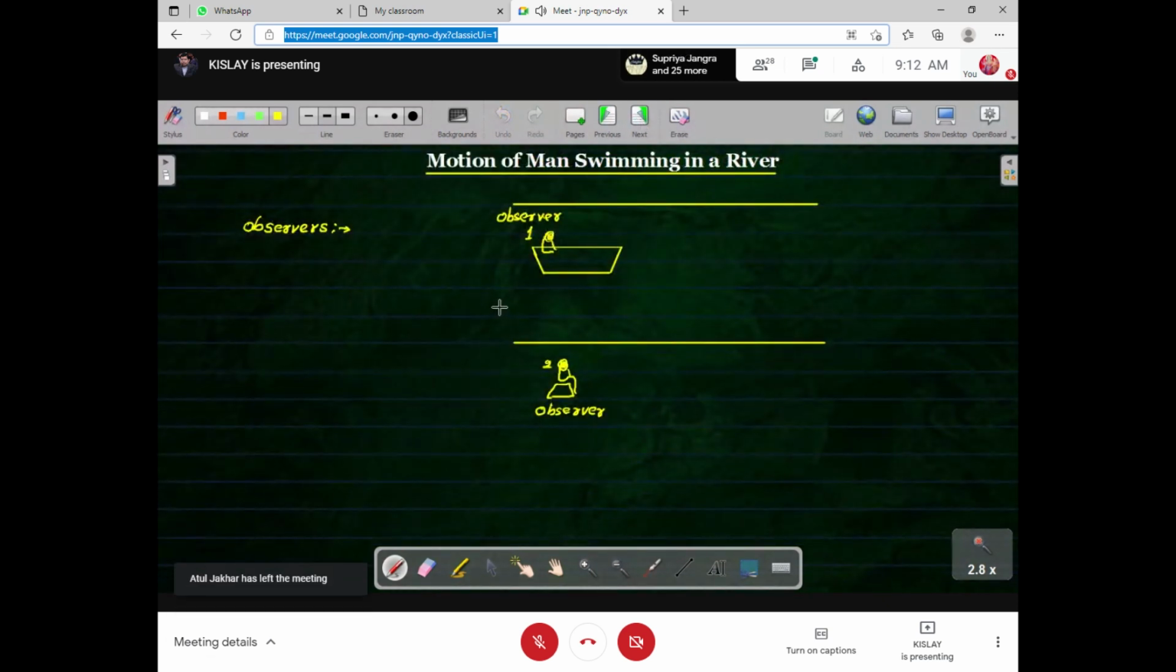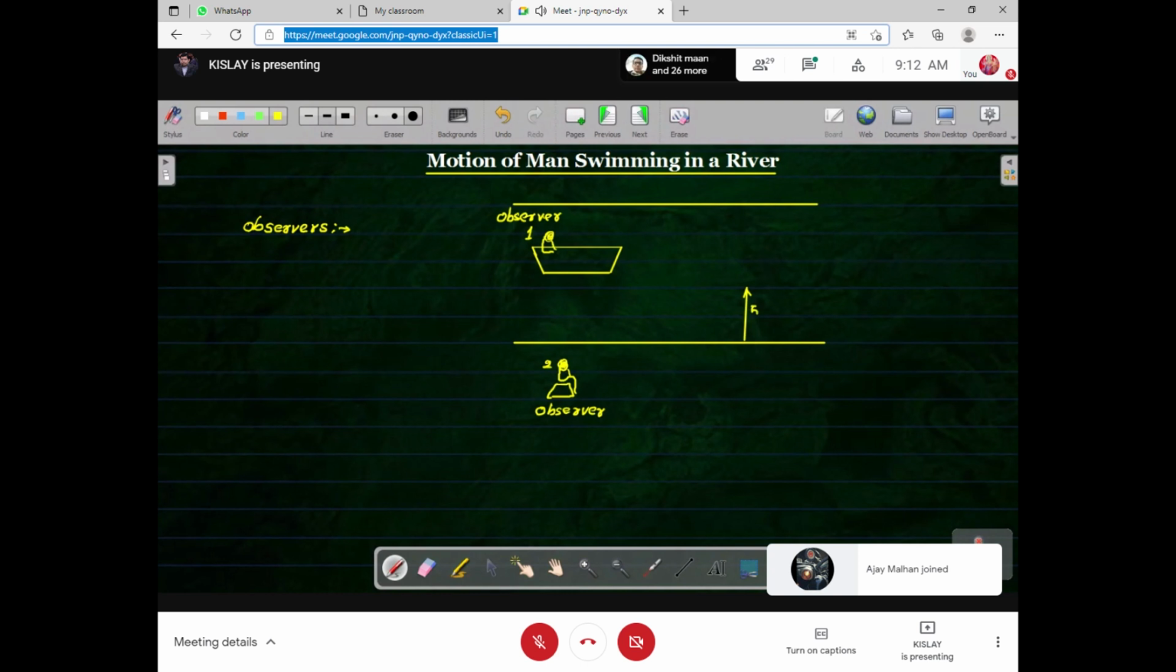See, we are going to analyze generally the motion of a man swimming in the river or a boat. Listen carefully. There is a person who can swim in water. Let's say the velocity is 5 meters per second. The person can swim in still water with a velocity of 5 meters per second. Suppose the person is moving in this direction,